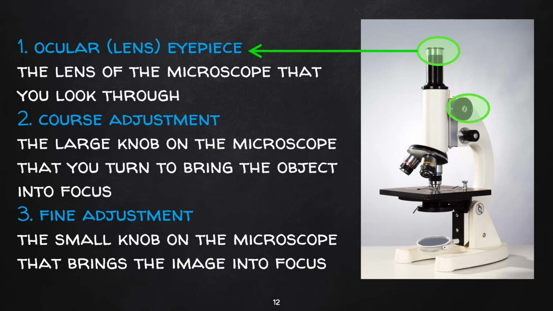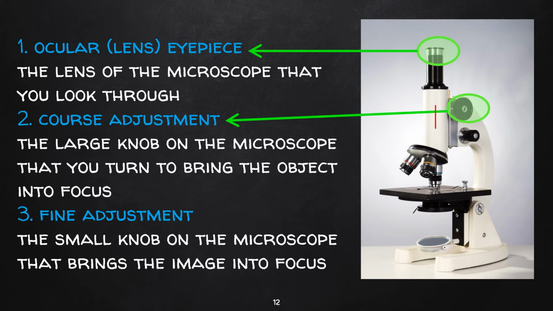The second part would be known as the coarse adjustment knob. Now, malalaman mo kaagad na ito yung coarse adjustment knob because it is the largest knob on the microscope. So ito yung ginagamit in order to bring the object into focus kasi kinokontrol niya yung draw tube. Yan, yung coarse adjustment knob controls the movement of the draw tube in order for it to bring a certain